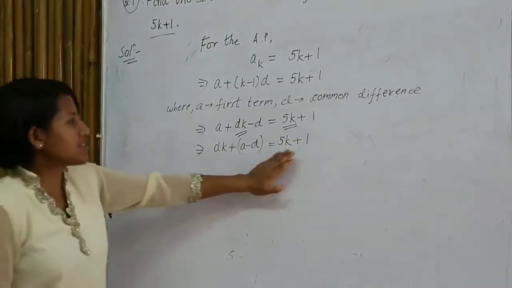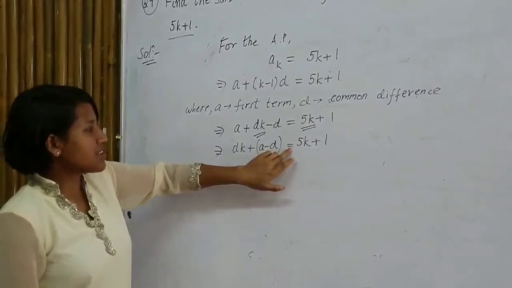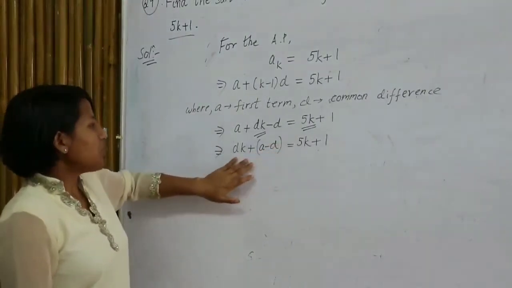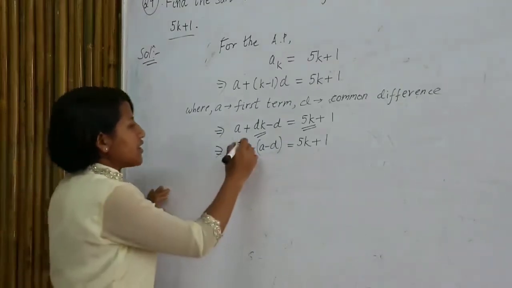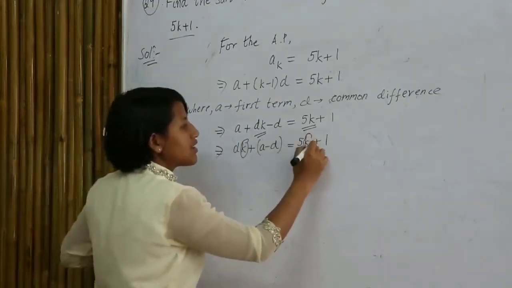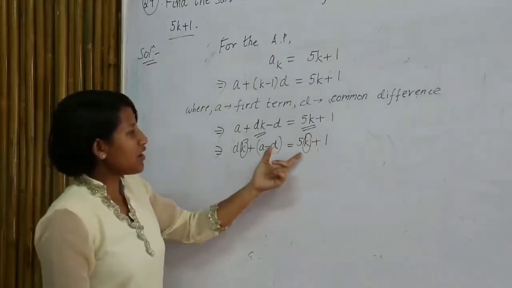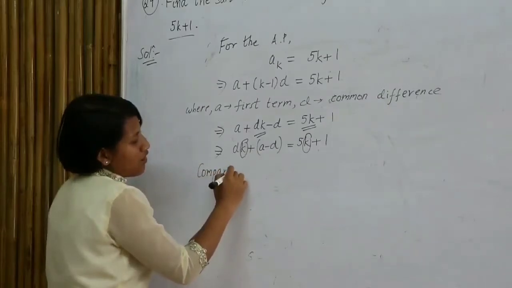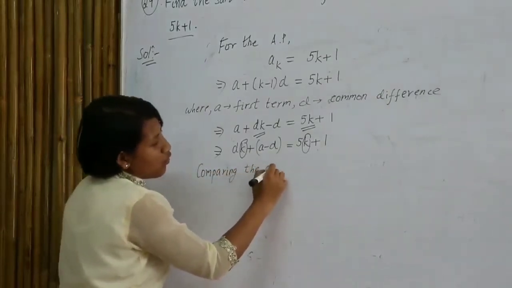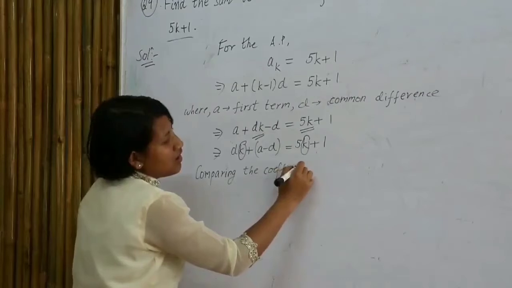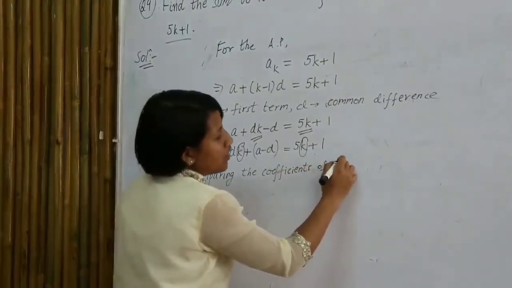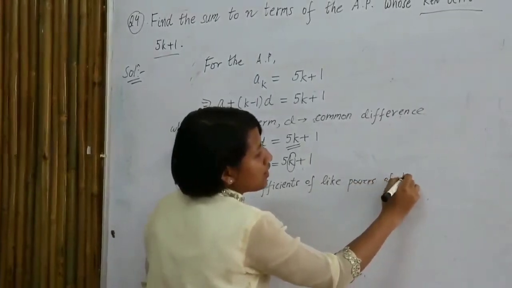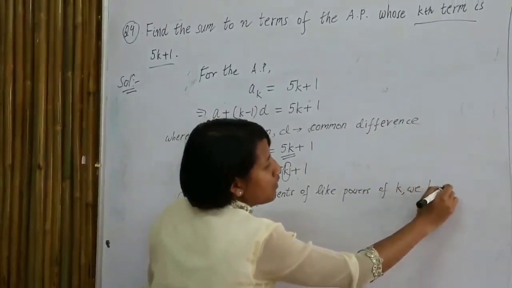Okay, so we have this. You see here, this is an equality sign. This here is k and this here is k. So from here, comparing the coefficients of like powers of k, we have: